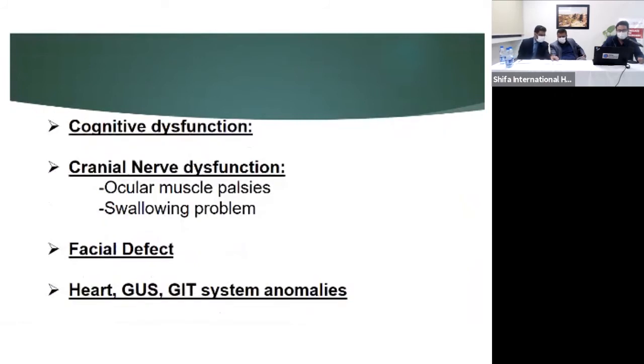The cognitive impairment may also present with cranial nerve deficits, facial deficit, and other systemic anomalies may also be associated with this myelomeningocele, and it is commonly associated with Chiari malformation. Assessment: